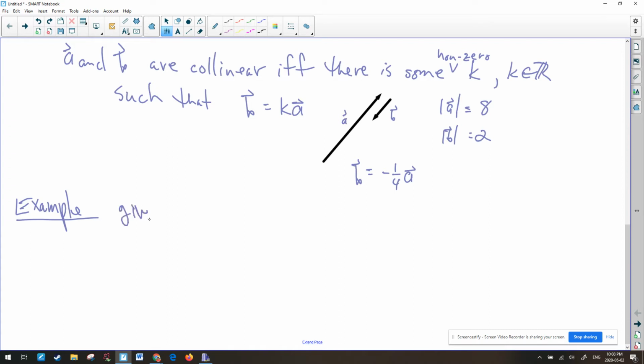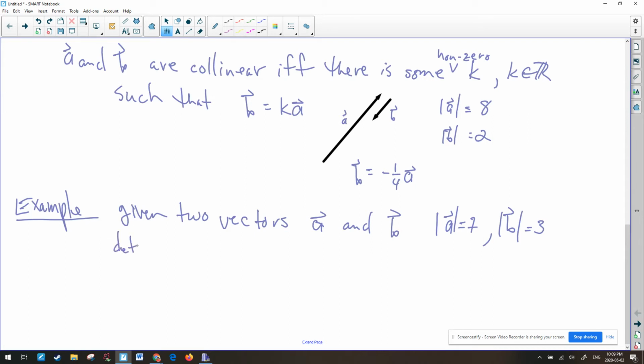Given two vectors, I'm going to go with A and B. Not the plus, that's a bad one to use. Oh, crap. Given two vectors, A and B, where the magnitude of A is equal to 7 and the magnitude of B is equal to 3, determine the magnitude and direction of,